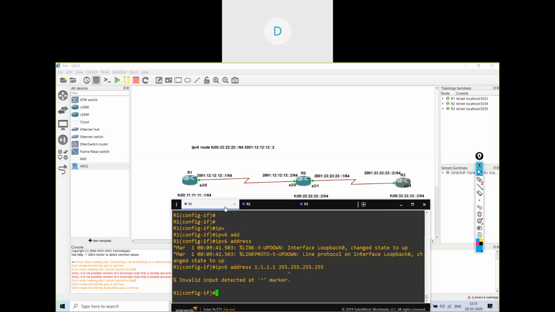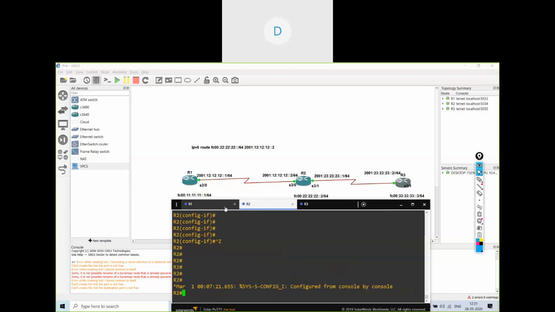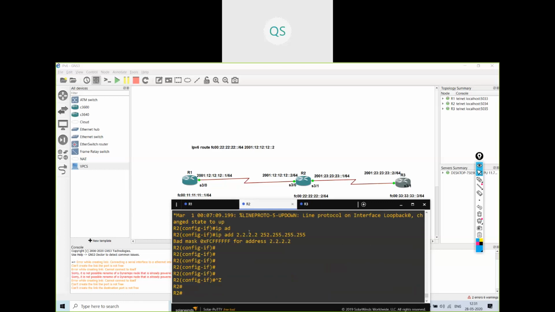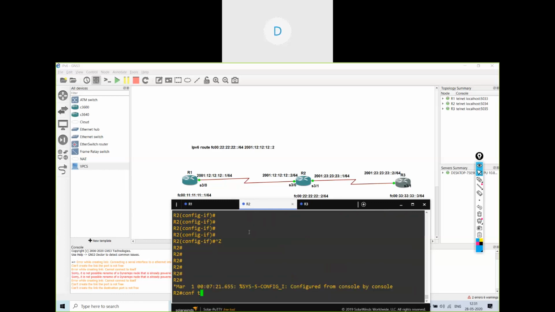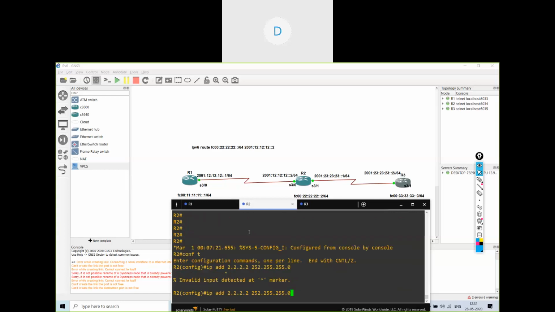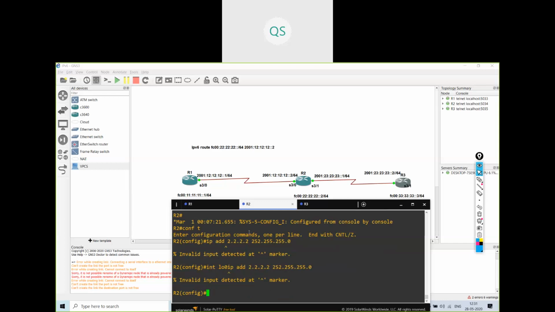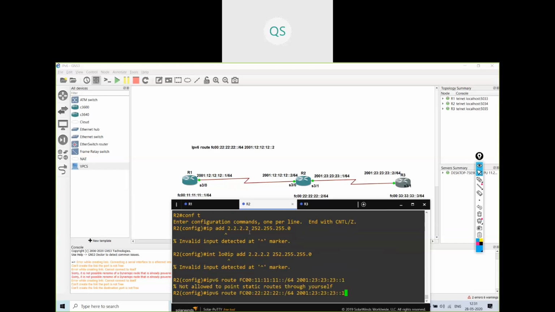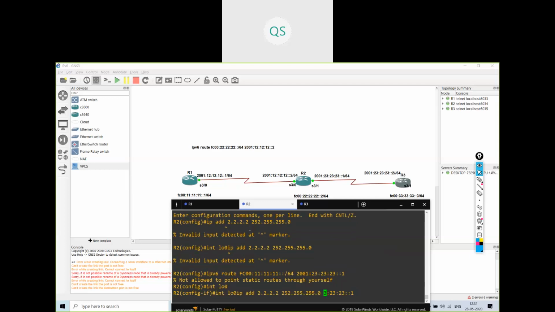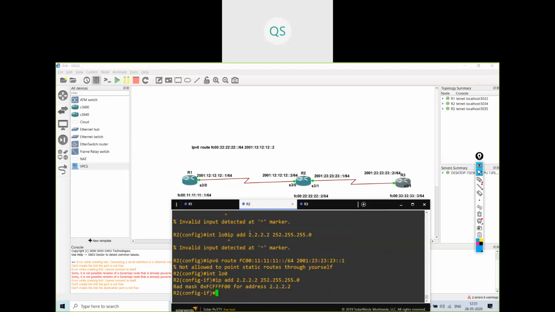I am giving the mask as 32, so it did not take the mask. In R2, the subnet mask is not correct.